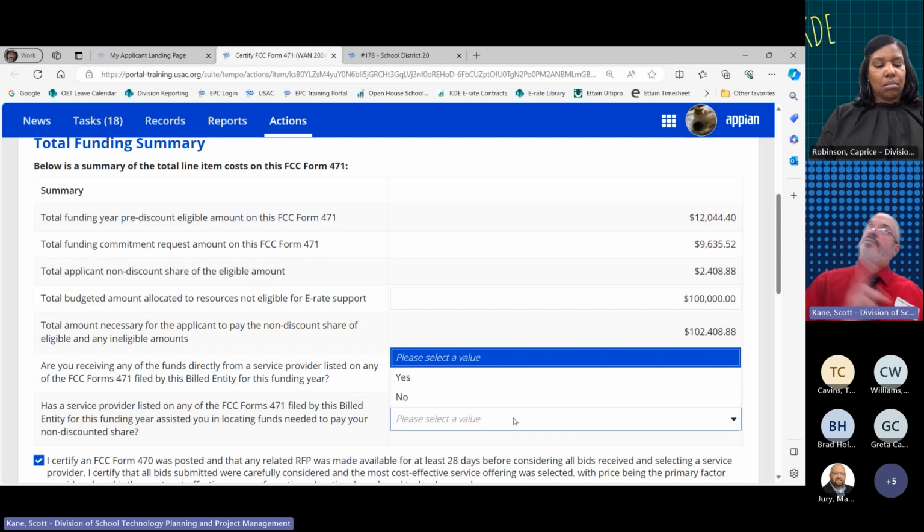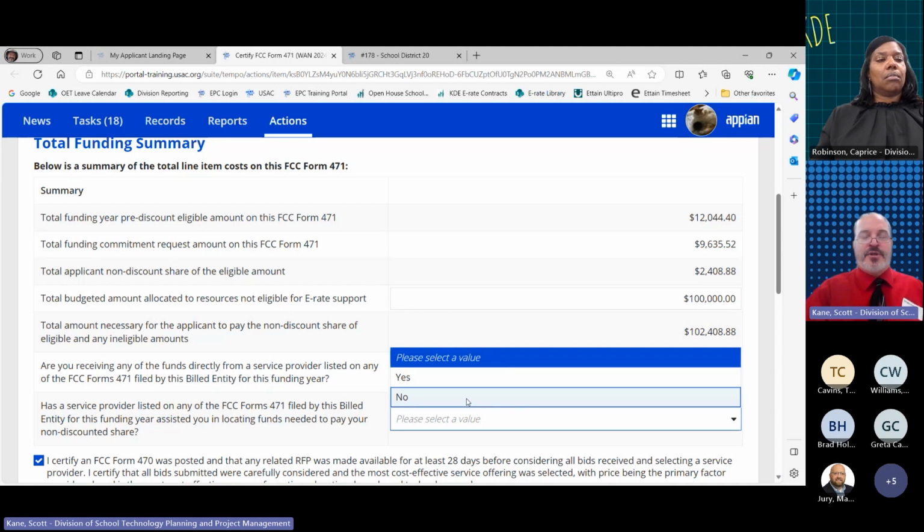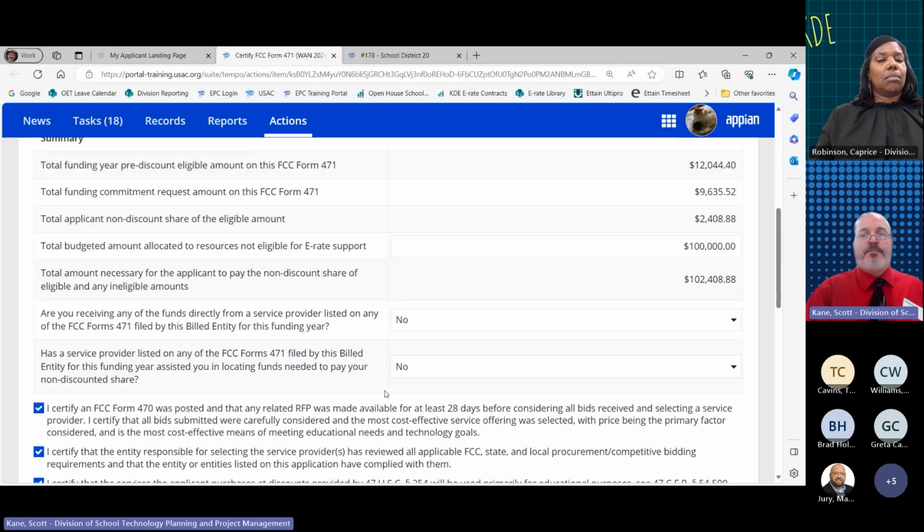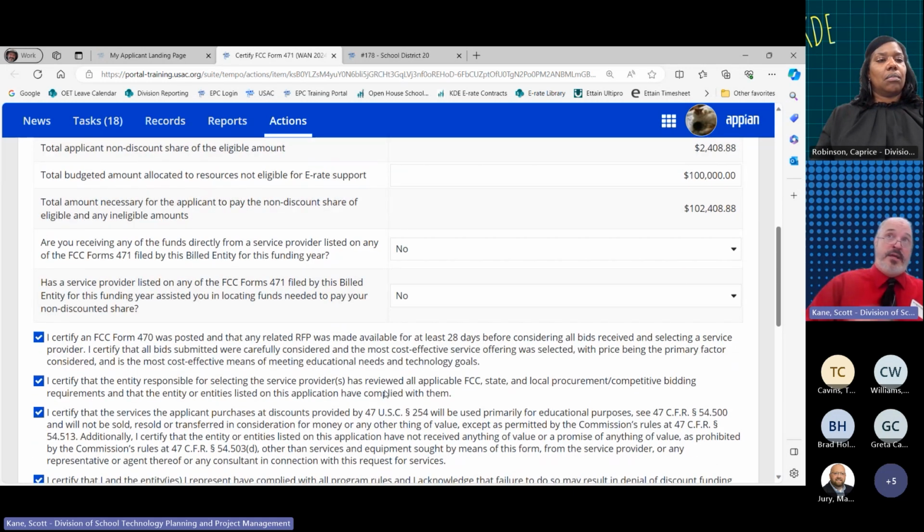So go talk to our foundation. They might help you. It can get really, really hairy. I recommend you stay away from that. Make sure that you just have district level budgeted funds for these kinds of services, and be able to honestly say no to both of these. One will make you ineligible. The other will give you a world of hurt in terms of trying to be able to demonstrate that those funds didn't actually come from the service provider.